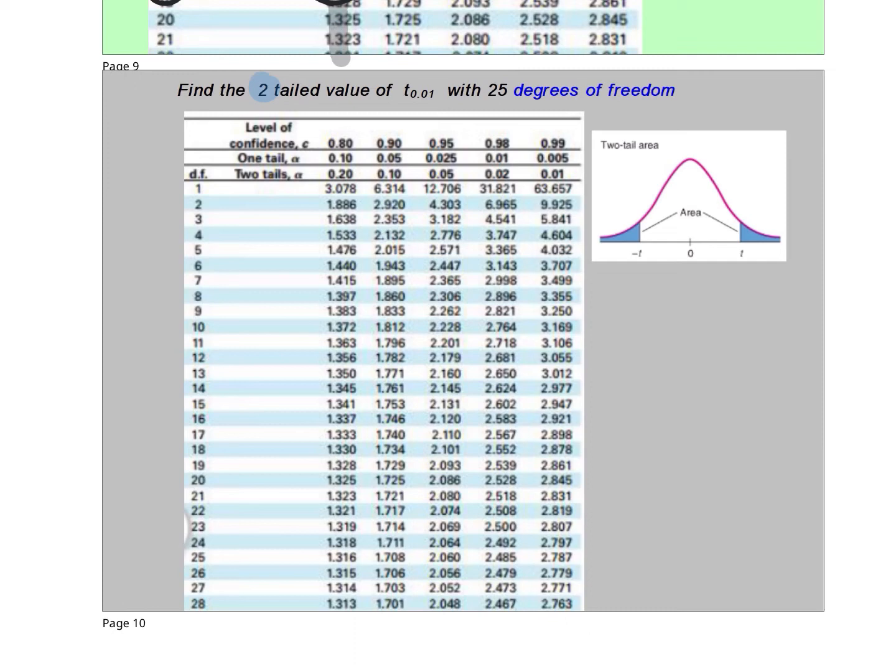Similarly, this question says two-tailed, so read the two-tail line. It's going to tell us that alpha is recognizing 1%. So find a two-tailed alpha 1%. We're reading this column. Last but not least, degree of freedom is 25. Since it's given as degree of freedom, we don't have to do any subtraction. Degree of freedom is what the chart runs on. So I look at 25 degrees of freedom,